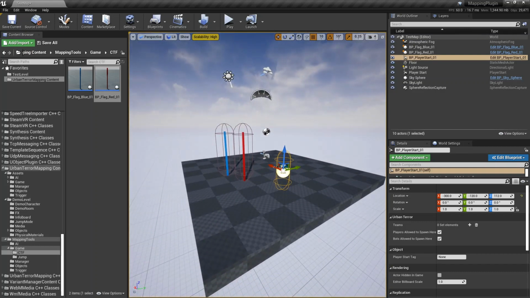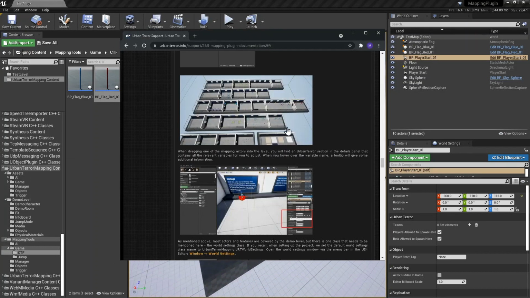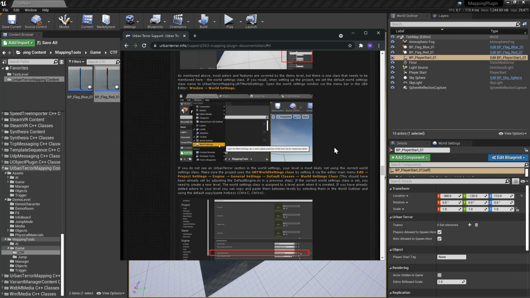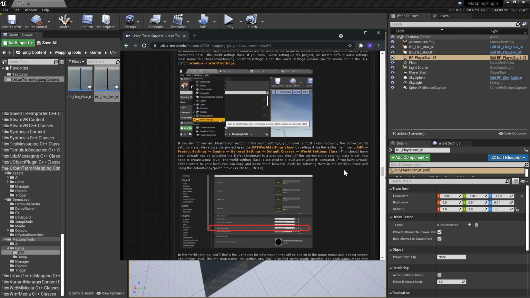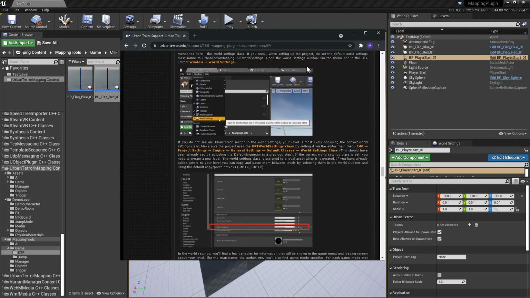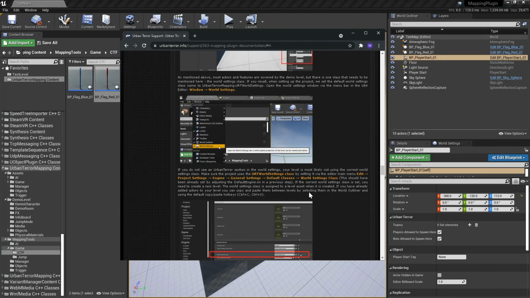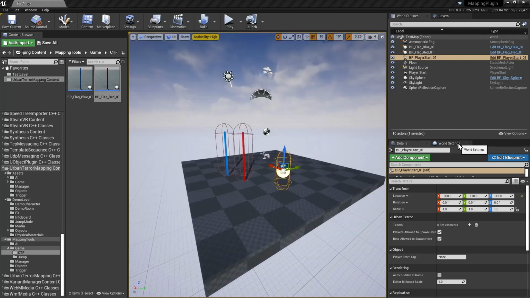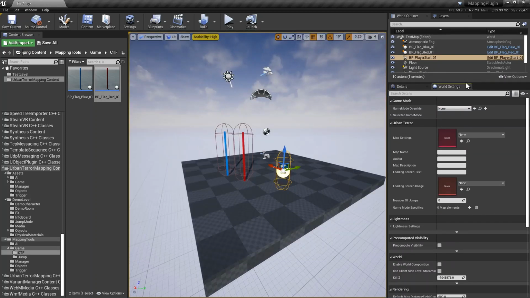Right, so what's next in our little tutorial? World settings. So we'll go into setting up the world settings. Okay, let's find that next. So if you did things correctly at the beginning, and we've got all of the Urban Terror settings in the default engine file, all of this should be working. But if you find you come into your world settings down here, and you don't have an Urban Terror section,